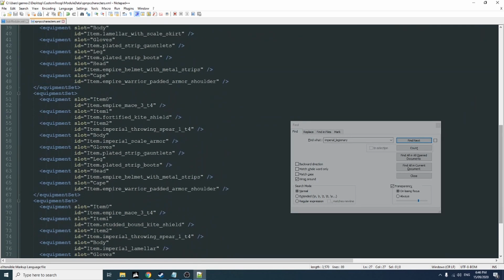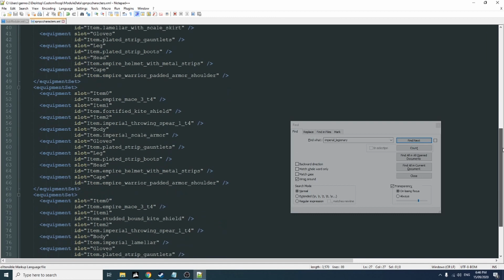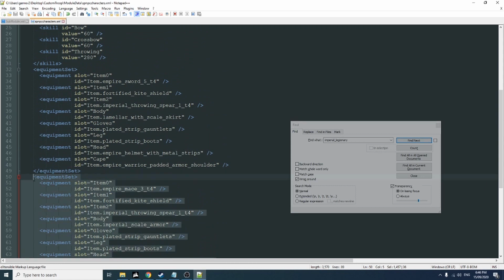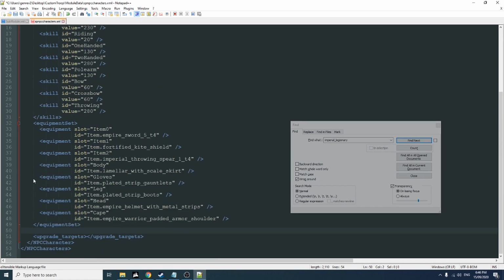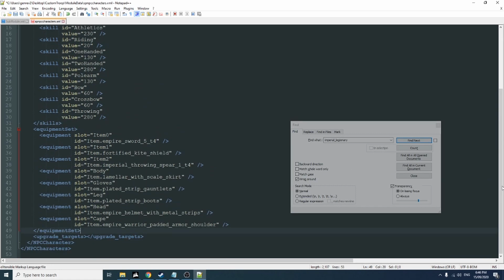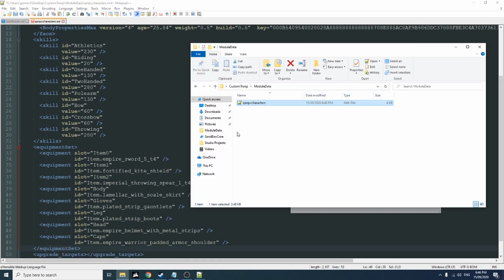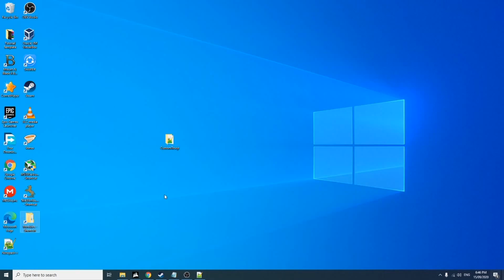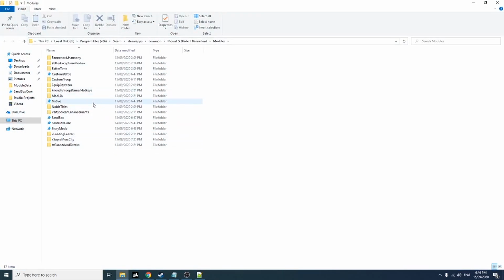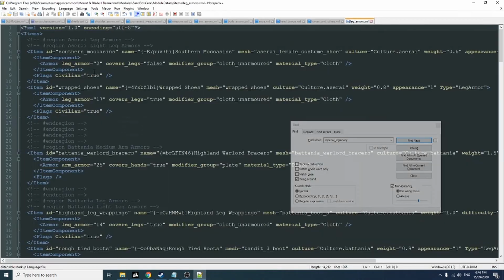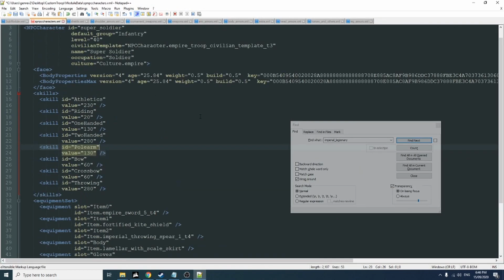Now this equipment set means the unit doesn't have a uniform armor. They have a variety, so let's just create a uniform armor for this troop. And let's give this a lamellar set. Items are stored inside single player items, and let's open this all. I wanna take the Imperial